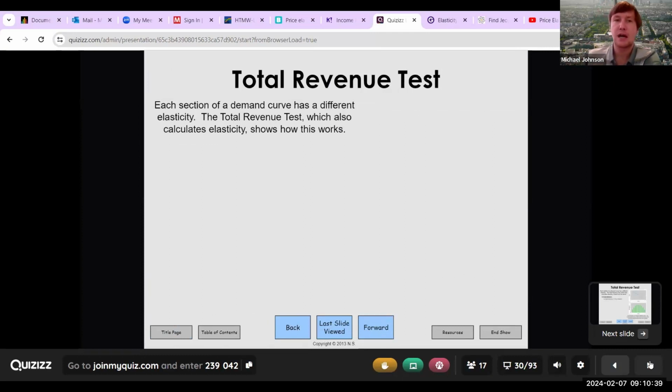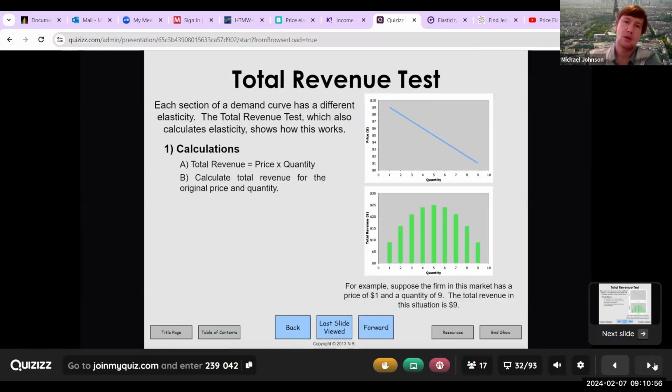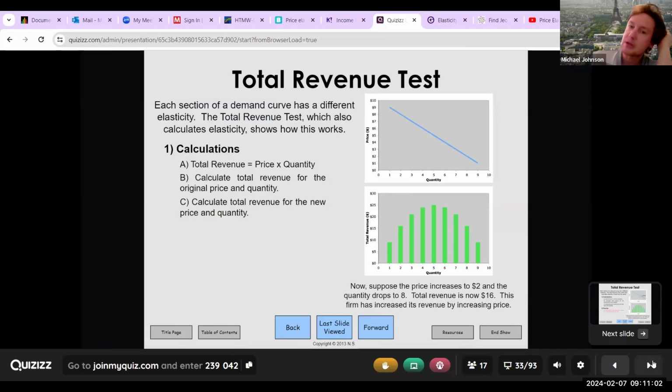So total revenue test. Each section of a demand curve has a different elasticity. The total revenue test, which also calculates elasticity, shows how this works. So calculations: total revenue equals price times quantity. So calculate total revenue for the new price and quantity. So here